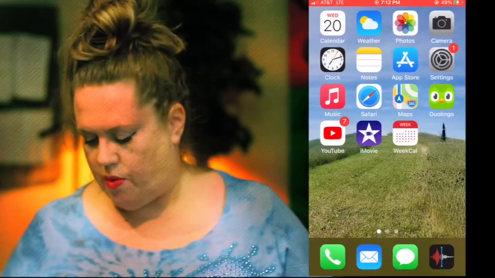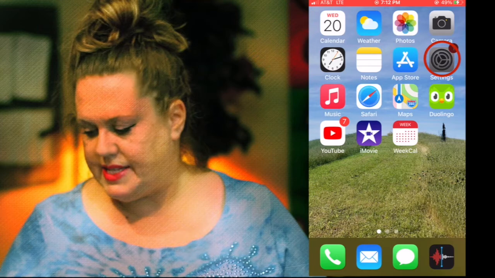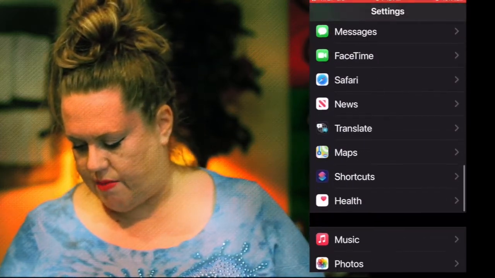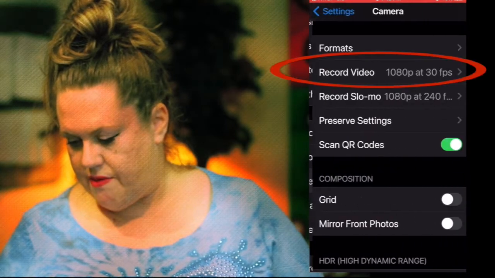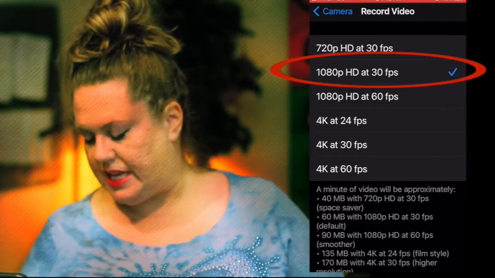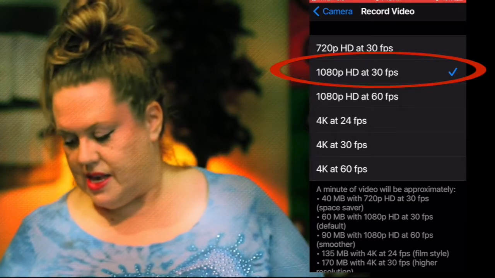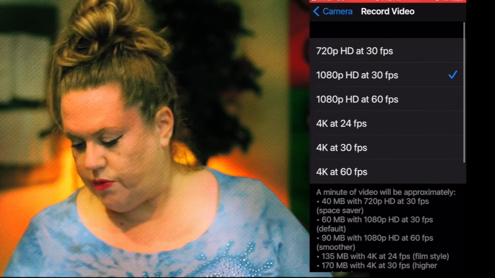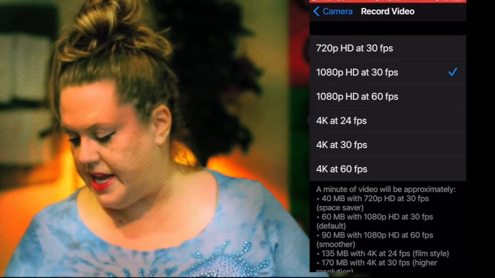Okay, so you want to go into your phone, go to the settings app, go all the way down to where it says camera, and from there you'll see record video 1080 at 30 frames per second, which is my default. Now, if you select that, you'll see you can do 4K and you can even do 1080 at 60